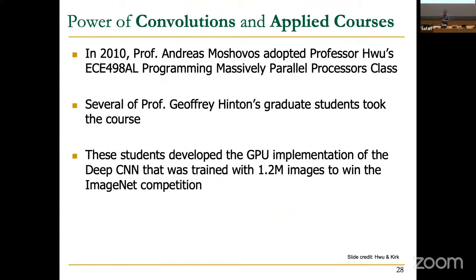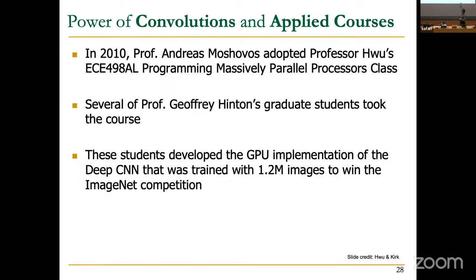But I will also mention the importance of people doing research. What's enabled neural networks to actually take off has been some courses that have been taught. Like in 2010, some architecture courses were taught at the University of Toronto that talked about these massively parallel processors. And if you know the name Jeff Hinton, he's a Turing Award winner for neural networks, essentially. He developed a lot of the early neural networks in the 1980s. And some of his students took this course and they basically said, oh, there are these GPUs that we can use to train these neural networks much more efficiently and to do inference on these networks.